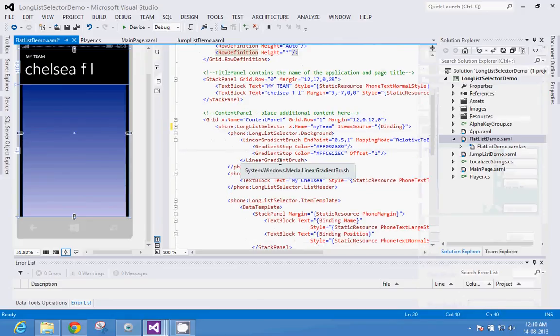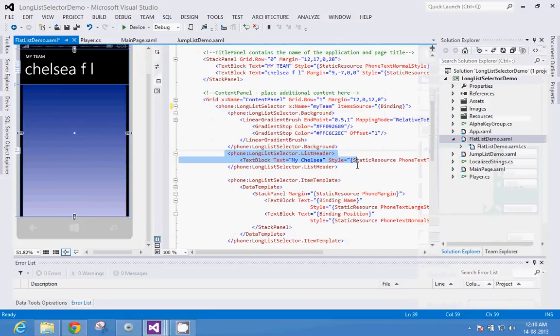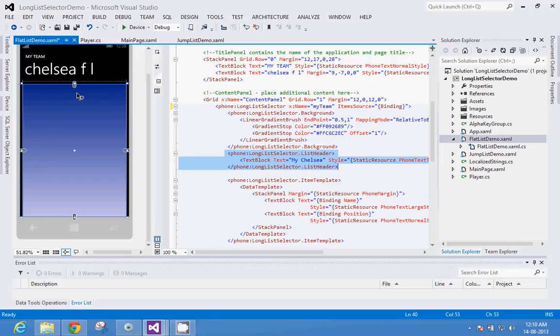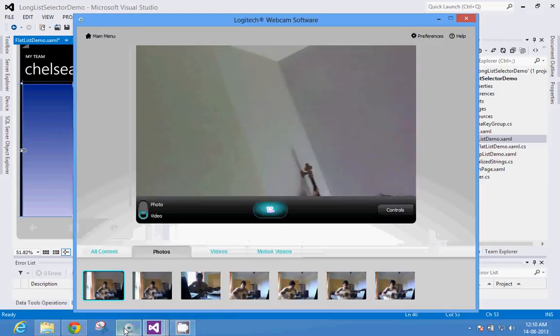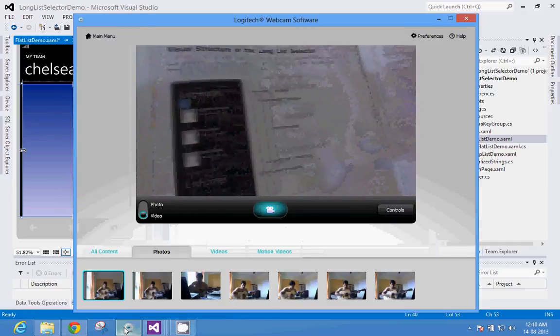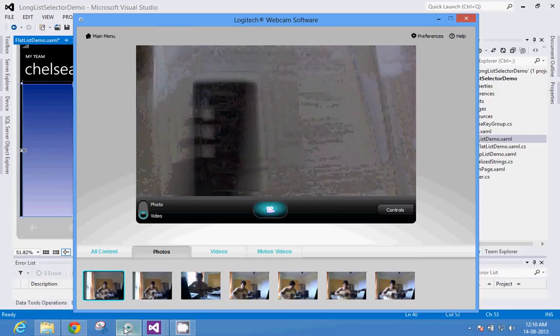Then I am talking about list header. So what list header basically is, you get a header over here somewhere. So I have this diagram from the book, so I can show you actually what list header is. Okay, just hold on a second. If you can see this diagram basically, it's very simple from here.